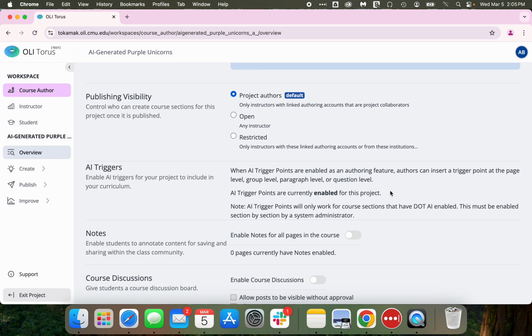Another thing that I want to point out here is, having enabled this, you'll see there's no links here. There's nothing I can interact with. That's because once AI trigger points is enabled, as of the release of version 30, our upcoming release, it cannot be disabled. That is really just because we needed to get this part of the functionality working as quickly as possible, and making it so that it can be both enabled and disabled